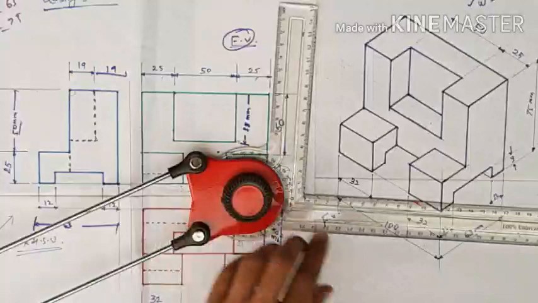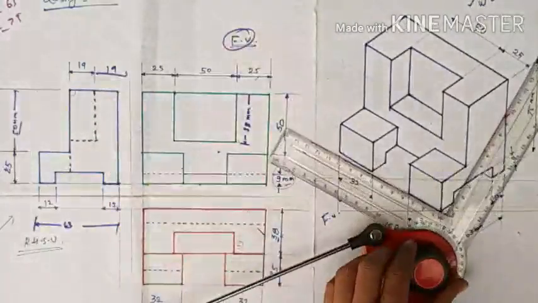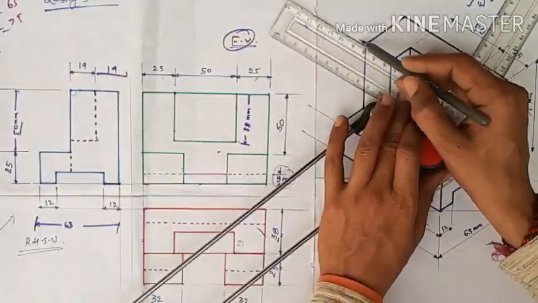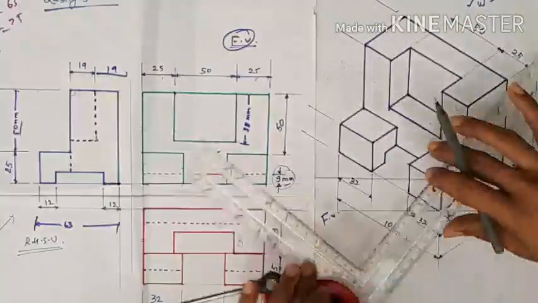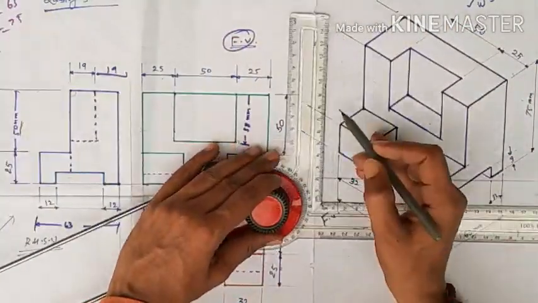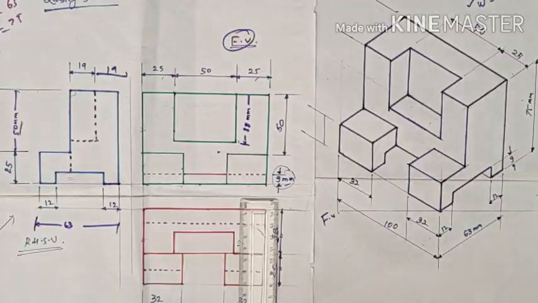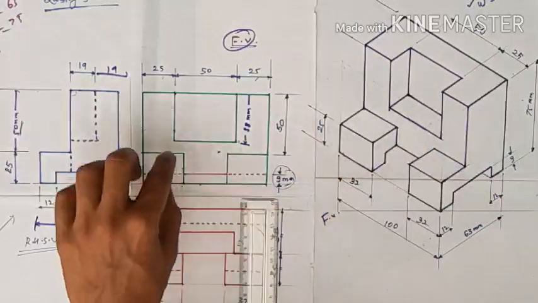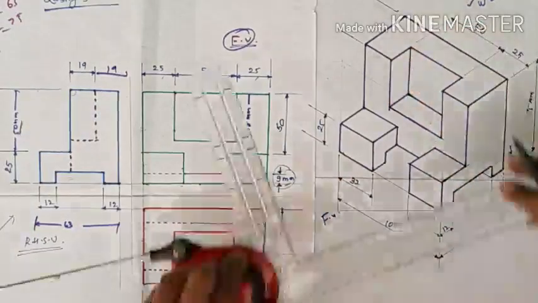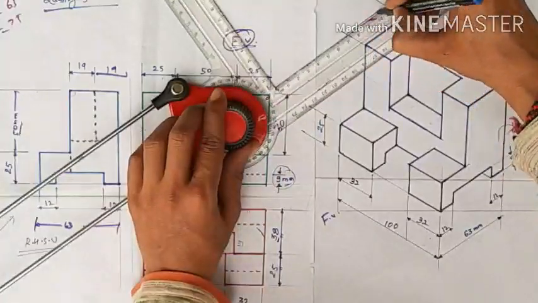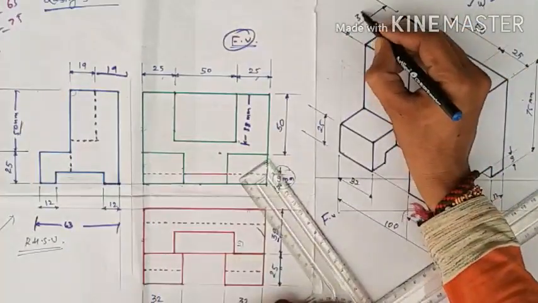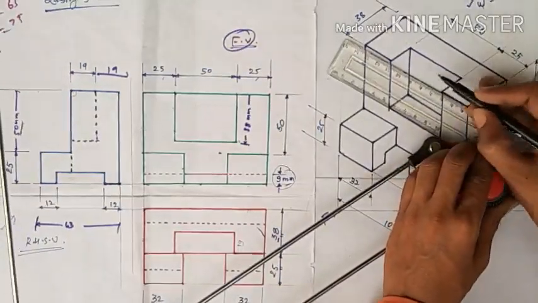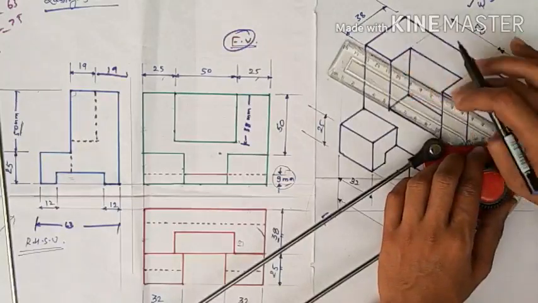Now moving on to this side, again extend this line, and again this line. Firstly the initial height was 25 mm. Now what is this? This is your complete 38 mm long line. And what about this? This is your 19 mm, remember this is your 19 mm, so mark anywhere.